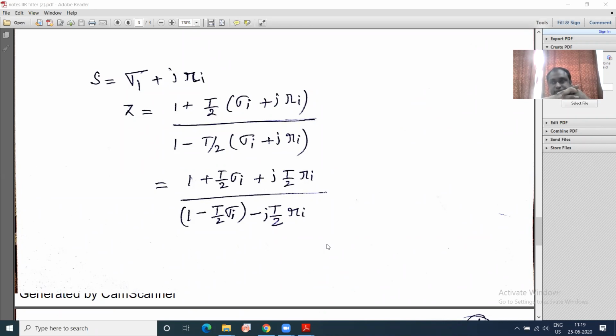This corresponds to the analog domain, right? Now, if I talk of the digital domain, in which we will be using Z transform, then the left half S plane poles will be mapped inside the unit circle. And the right half S plane poles will be mapped outside the unit circle. Therefore, from the location of the poles of a transfer function H(z), which is in the digital domain,